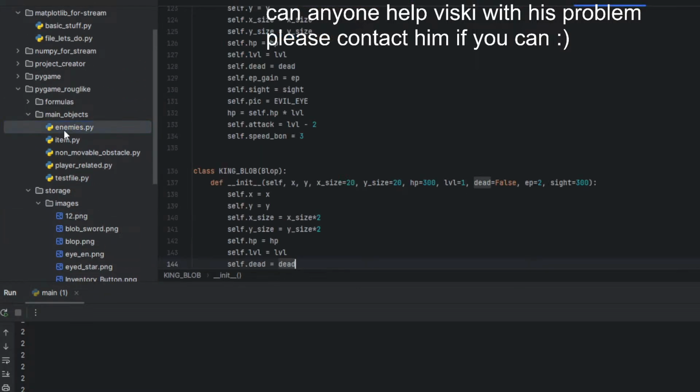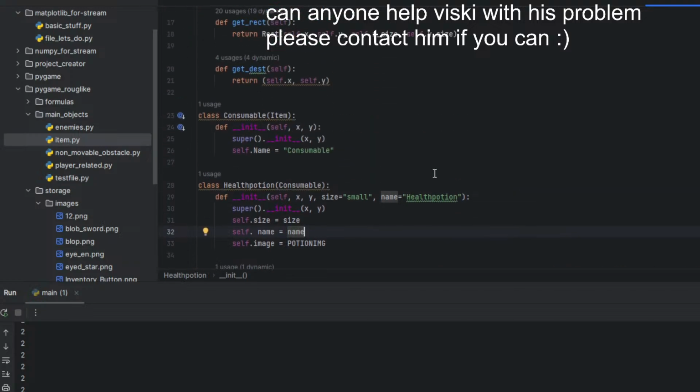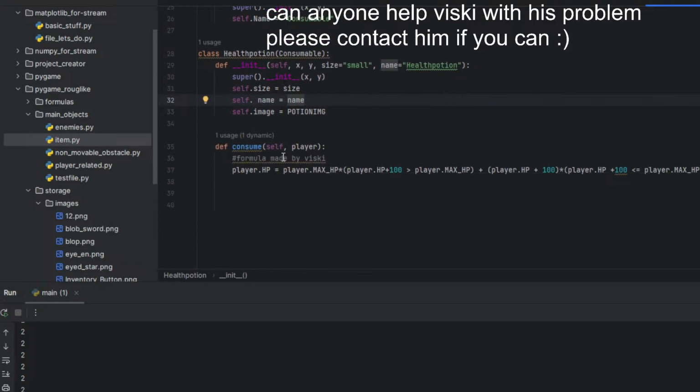So, item, let's say class Equipable item.